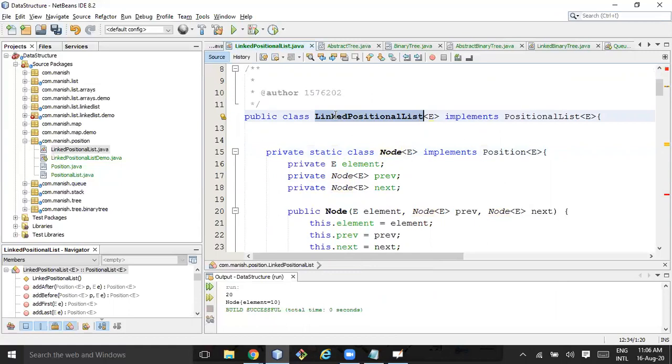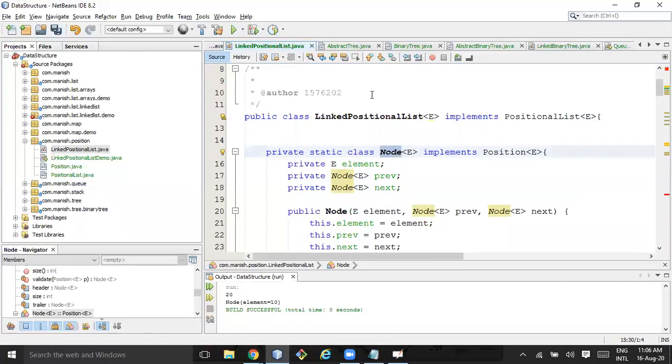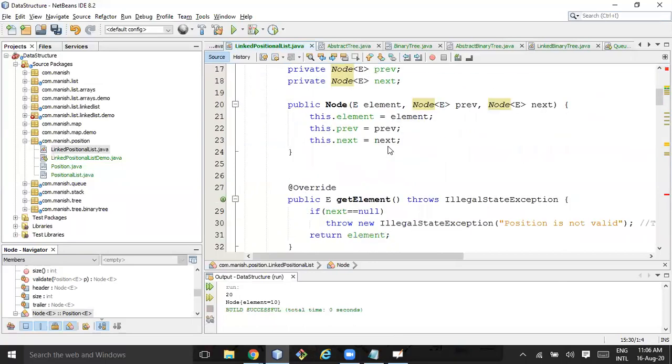I hope it makes sense to you. I can create a node within this linked list, so I cannot pass anything until first I get the node, and then I can pass it to some method. Then only is it a valid node, otherwise it's an invalid node.